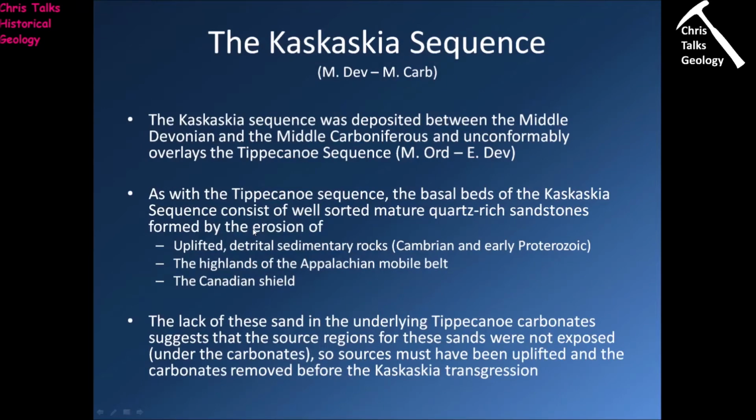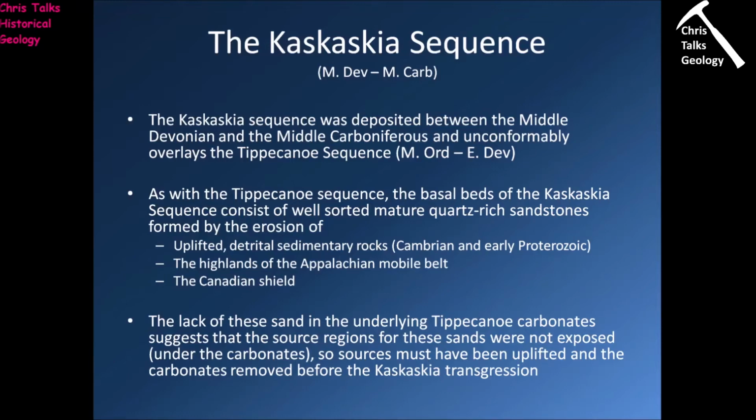Okay, so let's start with the Kaskaskia. So the Kaskaskia sequence was deposited between the Middle Devonian and the Middle Carboniferous, and it unconformably overlays the Tippecanoe sequence. So, as with the Tippecanoe sequence, the basal beds of the Kaskaskia sequence consist of well-sorted, mature, quartz-rich sandstones,